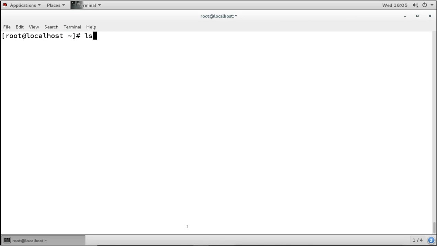You can see I am pressing the up arrow key and it is showing all my previous commands. If I want to use a big command which I have already run, I don't want to type it again. I can press the up arrow key and reuse these commands.